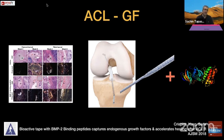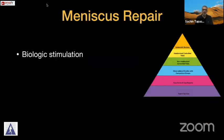So a lot of interesting things are happening on the ACL side. Essentially, the ACL behaves differently since it is completely intra-articular, intrasynovial, and it lacks the healing capacity of the MCL, especially because there is no blood clot that is formed. On the meniscus side, the time-tested techniques of biological stimulation have stood the test of time, but